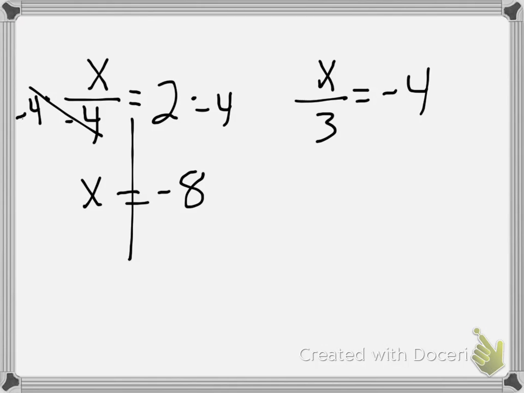Alright, on this one on the right, x divided by 3 equals negative 4. To solve for x, I have to get rid of the division by 3. So to get rid of division by 3, we multiply both sides by 3. The times 3 and the division by 3 cancel. So we get negative 4 times 3, which is negative